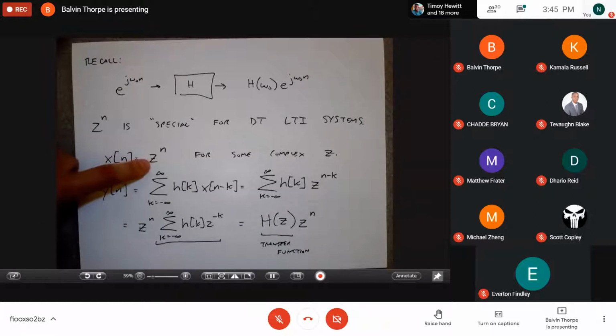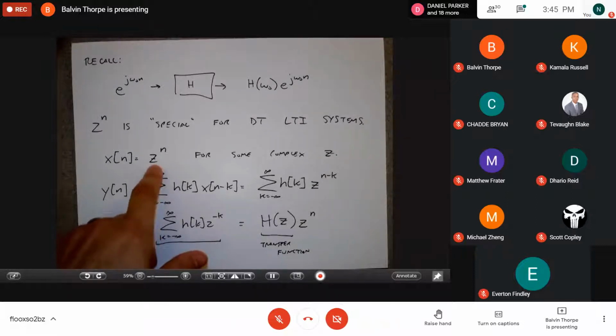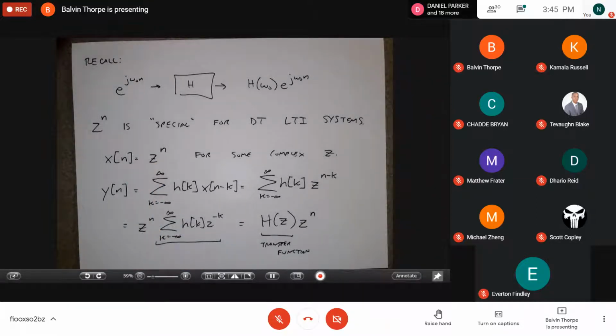What we showed is that if this complex exponential comes into the system, what comes out is the very same complex exponential, just multiplied by this transfer function evaluated at the complex number z. So this special signal comes in, and exactly the same special signal comes out, just modulated by some complex number. Before, this was true for a specific set of complex numbers, the ones on the unit circle, e to the j omega. But here, this is actually true for any complex number, and that's why we can talk about more generic transformations than just the frequency response.